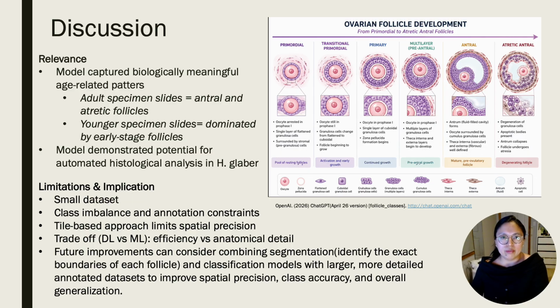For the relevance of our study, biologically, the model output remains meaningful despite the limitations. We observed clear age-related patterns across the whole slide predictions. Adult slides showed a higher prevalence of antral and atretic follicles, while younger samples were dominated by early-stage follicles. These trends are consistent with normal ovarian development, which supports the idea that the model is capturing real biological signals rather